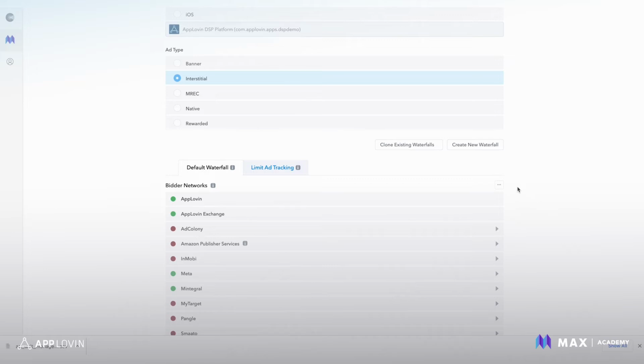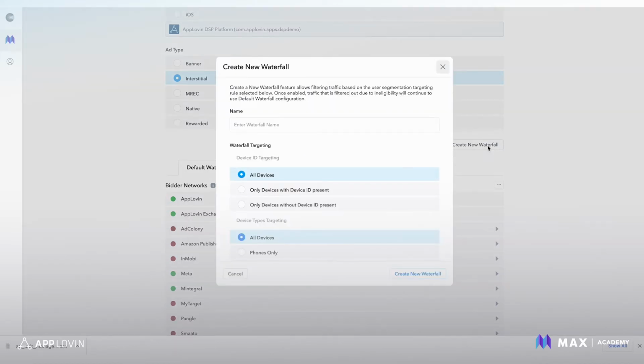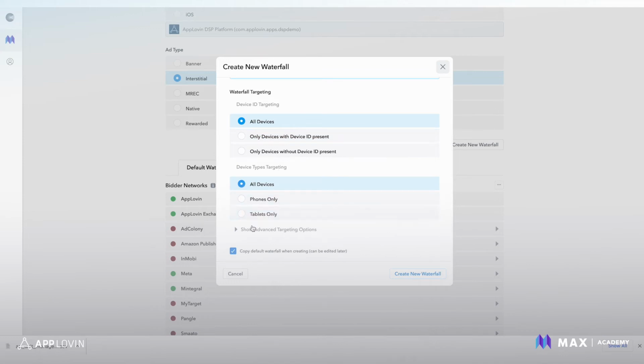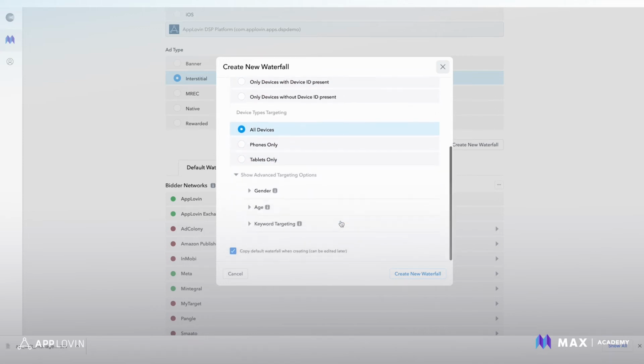So the first step is to create a new waterfall. This one we'll say we're going to target our orange-eating users. So we'll name this waterfall Oranges. We'll layer on any additional targeting we need to, but then we'll skip down to advanced targeting.